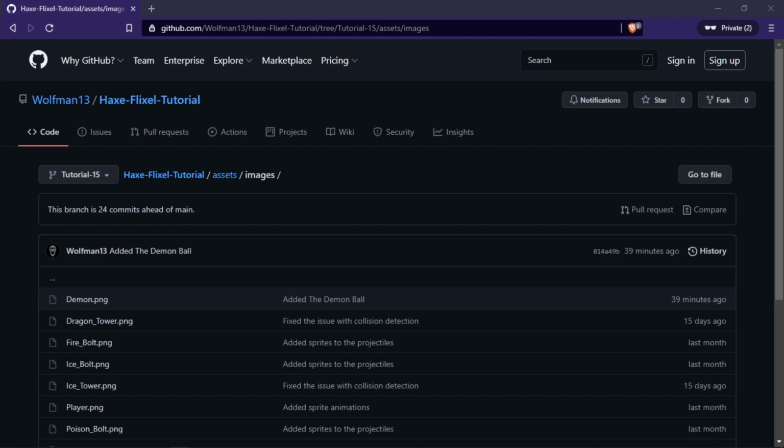So in last week's tutorial, we added some sweet-looking skeletons and zombies into our game. And in this week's tutorial, we are going to give some much needed love to our boss characters' animations. So if you head on over to